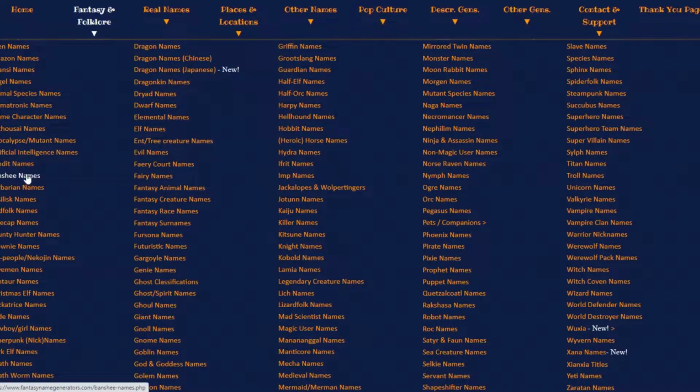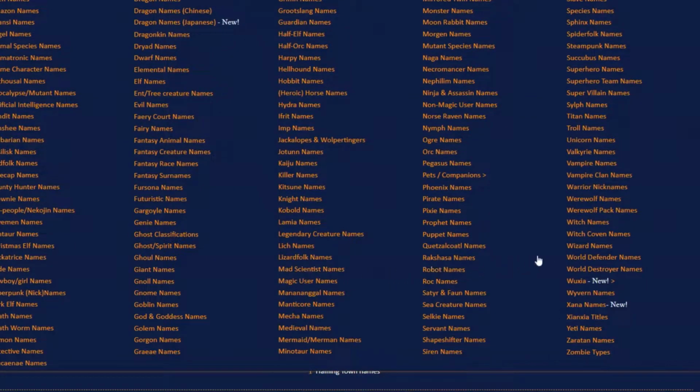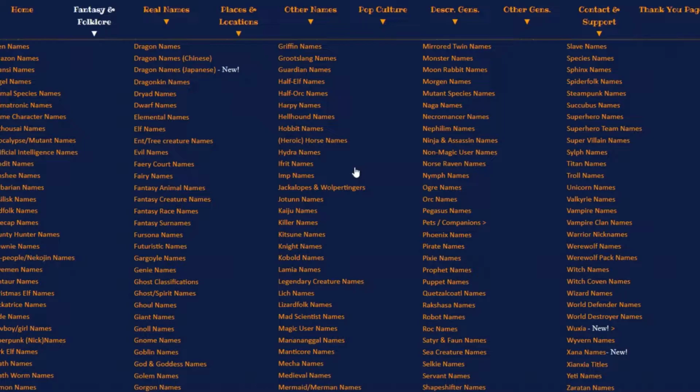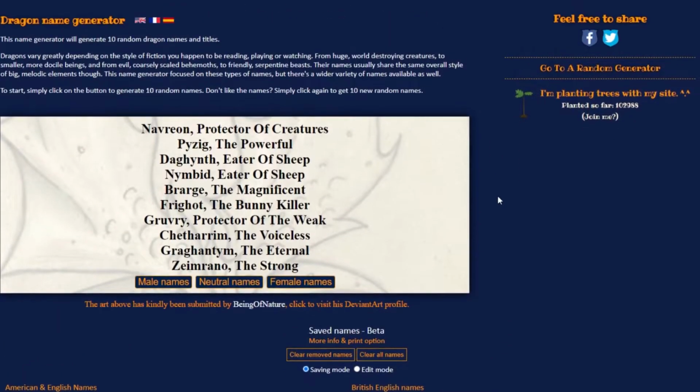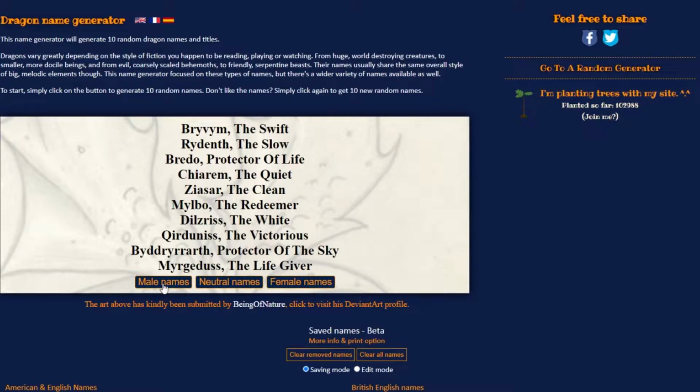I've used it a lot more when writing short stories because it helps me find a name quickly. However, when I find myself stumped while writing a novel, I take my time as I browse the options. I write down various names which appeal to me. If I'm using real names, I then research the meaning and say it to myself so I can get a sort of connotation from it. I narrow the list down until I have my name, but often enough it'll be a name from Fantasy Name Generators.